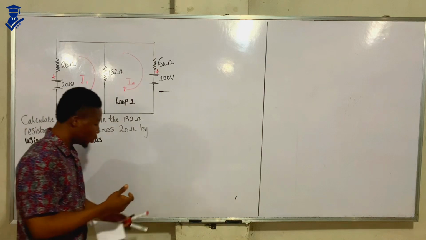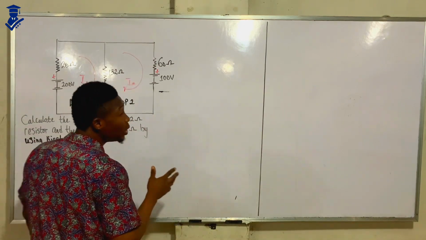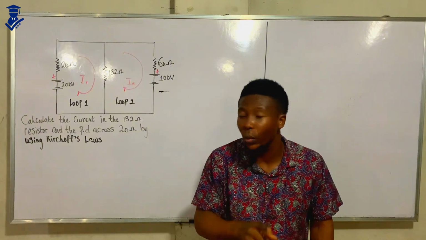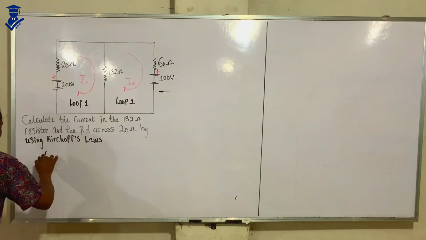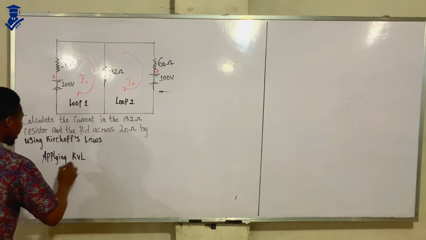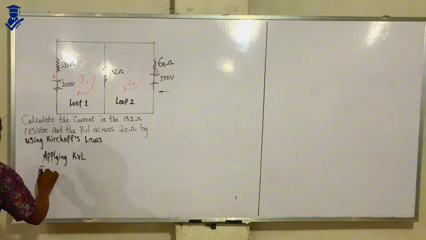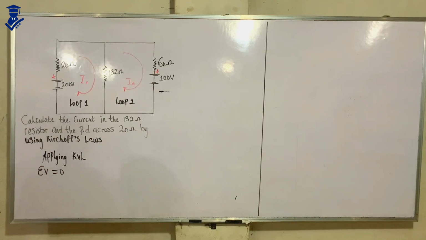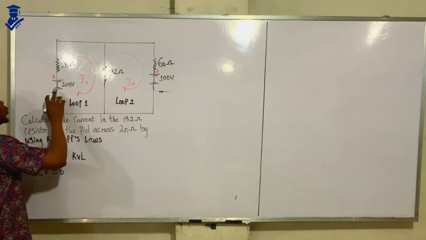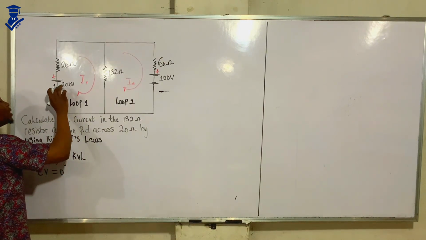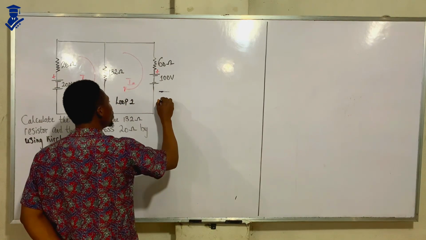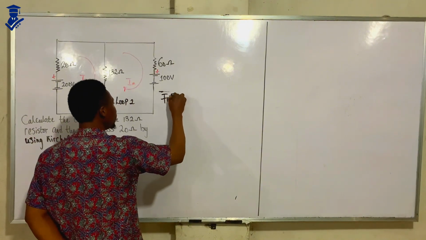Alright, now we're going to apply Kirchhoff's law. That's Kirchhoff's voltage law, which says the sum of potential differences in a closed loop is equal to 0. So applying KVL for this first loop, we are moving through this battery from negative to positive. So it's going to be plus what? 200. So from loop 1,